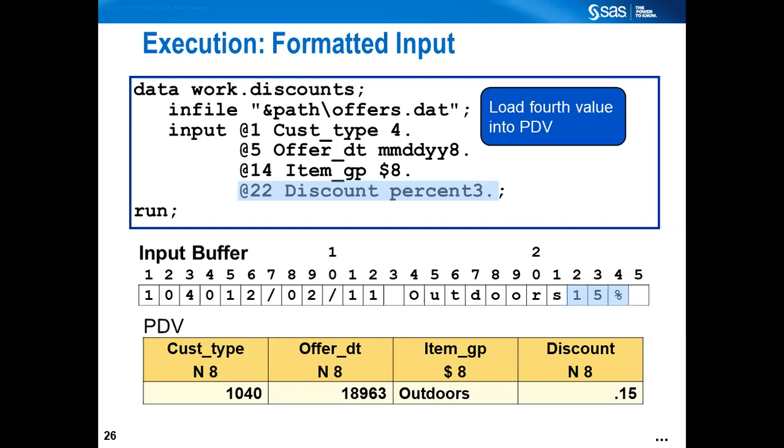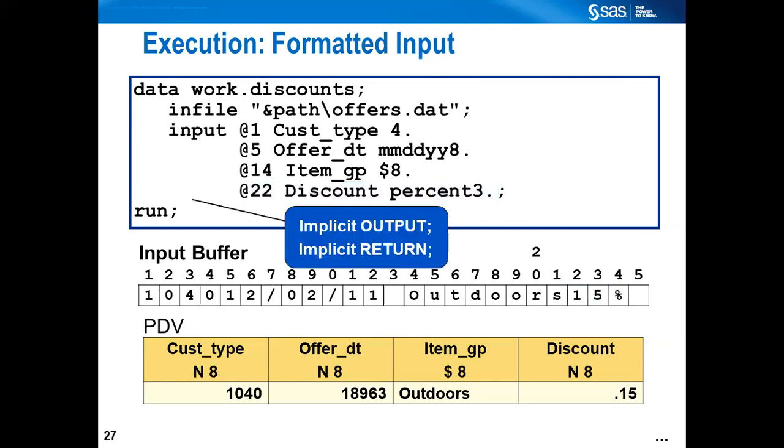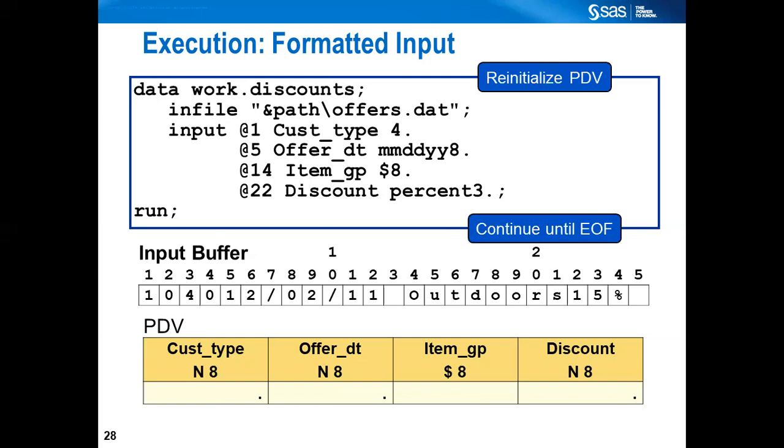Got it? So when it encounters run, we know by default run has the nature of implicit output and implicit return. Implicit output means, by default, whatever is the content of the PDV currently, which has finished processing for your first record, has to be written to the data portion of your new dataset. And the second role of run is to go back to your data again. So it will go back to data to perform the next data cycle for your second row. Hence, this is what will happen.